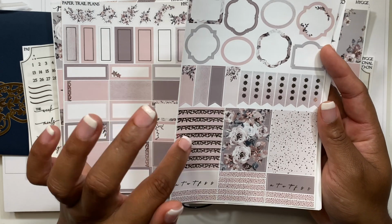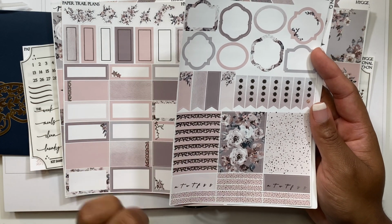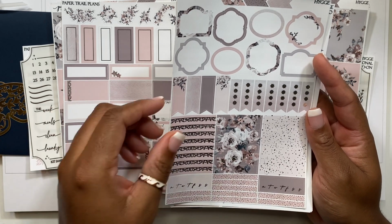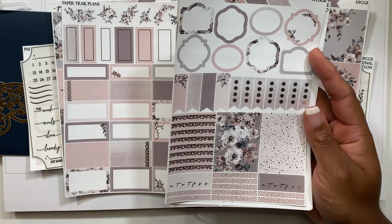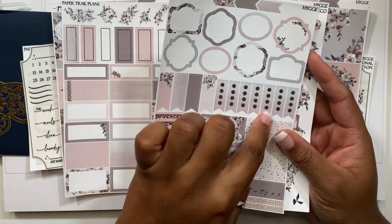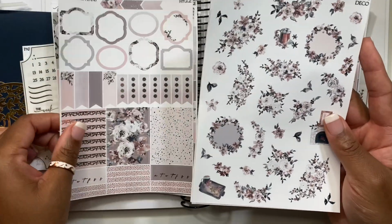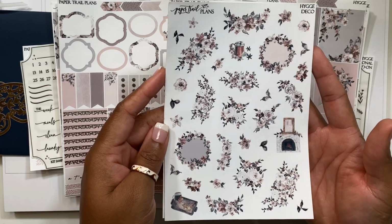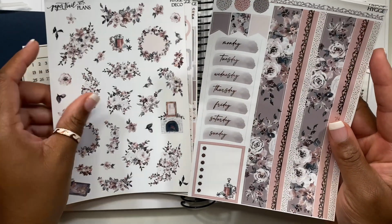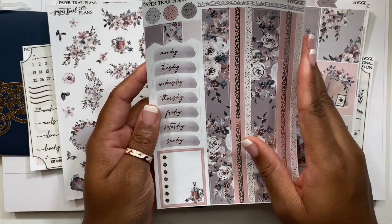And oh my God, I love that they did this with this designed header instead of just the clean, simple line. This is stunning. Oh God, that's beautiful. And then you've got the snowflakes for the checklist instead of the moon. So I love that they are consistent and making sure things are themed. Oh God, look at the floral deco. So beautiful. Oh my God, I have a feeling I'm going to freak out when I see the Kiss Cut